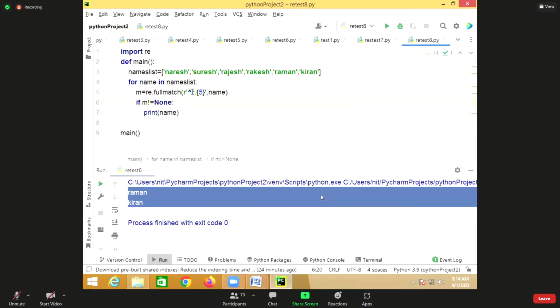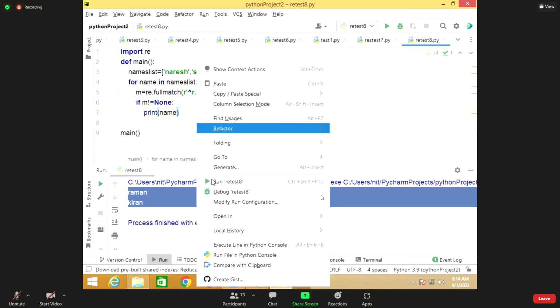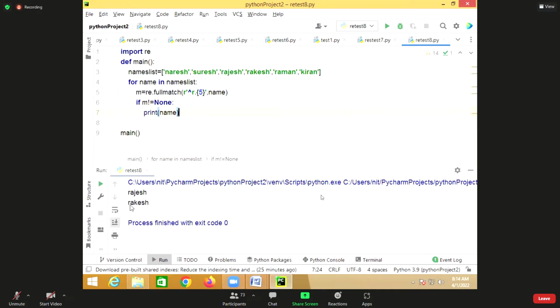So this caret symbol is what? Begin with. This caret symbol means begin with R, followed by dot. Dot indicates any character, but this should be repeated how many times? 5 times.